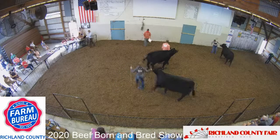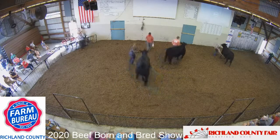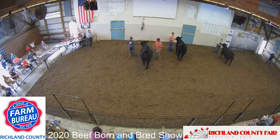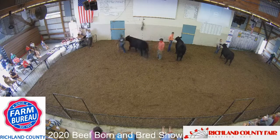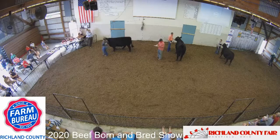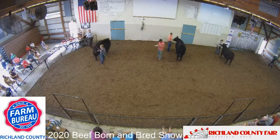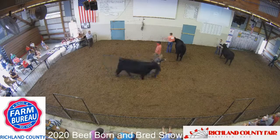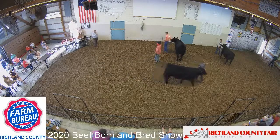A pretty straightforward class here. Young lady's steer, just the best put together steer. I realize he's getting up into that 1450 range, but in all reality, that's not too big for today's industry standard when they're wanting those 900-pound carcasses. And I think a steer that is just the most optimum in his finish and muscle to go ahead and